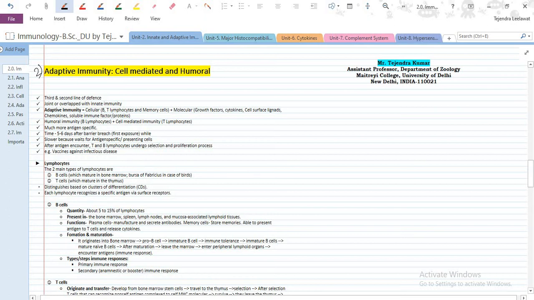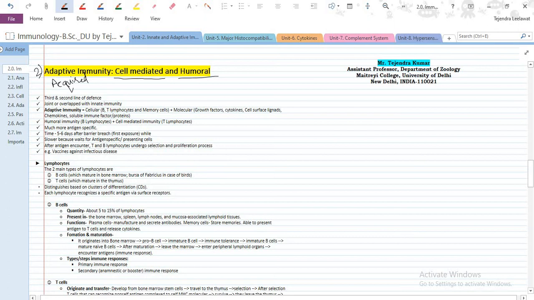So adaptive immunity, or we can say acquired immunity, is based on two activities, and those are cell-mediated immunity and humoral immunity. So how it is possible, what the main types are, and how it works, we will discuss all these things. First of all, as I told you in the previous lecture, immunity